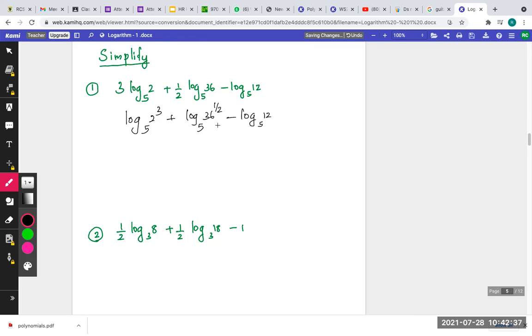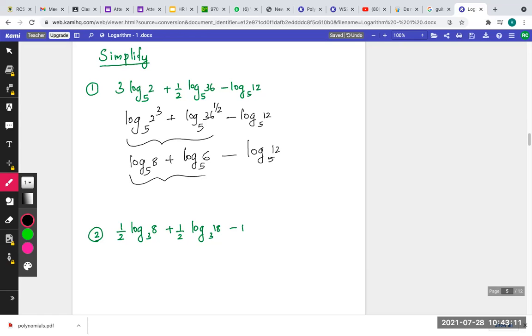So here addition and subtraction are coming together. So we can do the addition first and later you can do the subtraction, right? So how do we do that? I can write it as log 8 to the base 5, right? 2 cubed is 8, plus log, this is power 1/2, right? Power 1/2 is the same as square root. Square root of 36 is 6, isn't it? To the base 5 minus log 12 to the base 5.